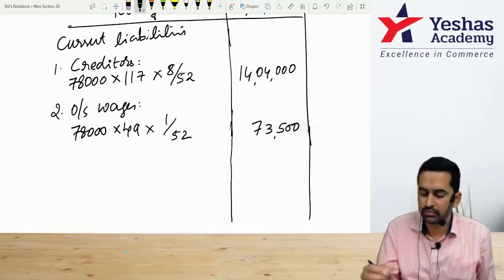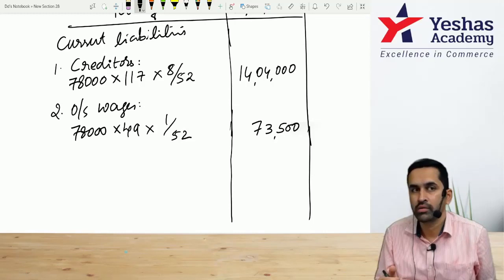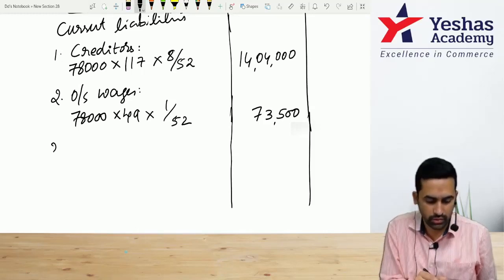Fine. One more, but be careful, depreciation shouldn't be taken. 78,000 outstanding overheads will be